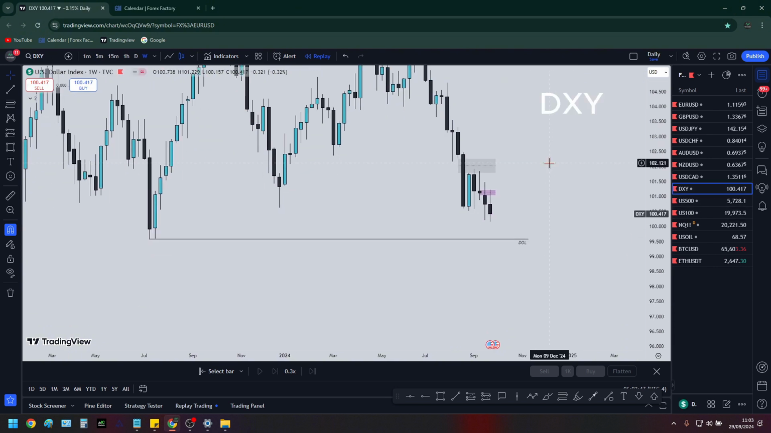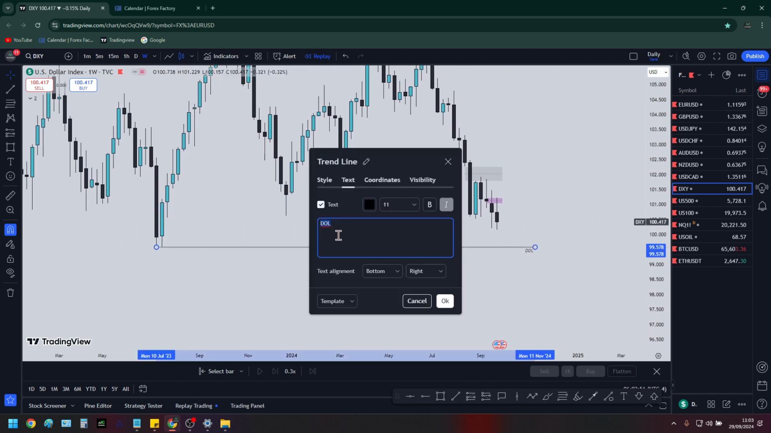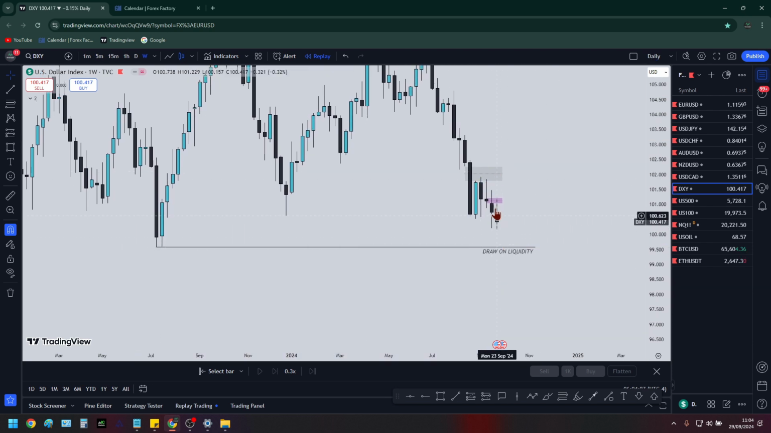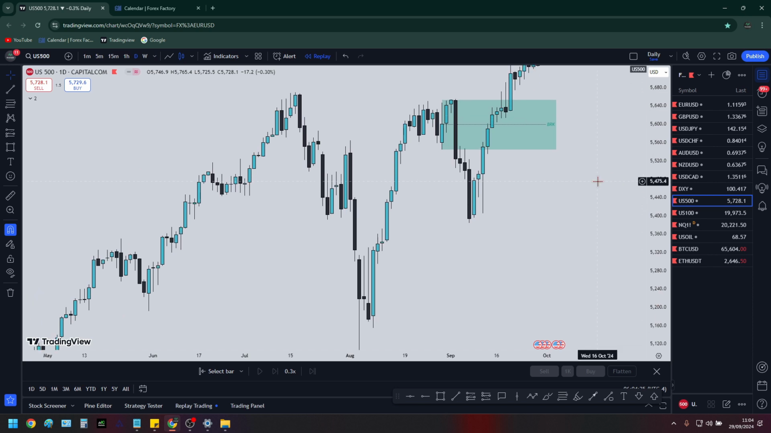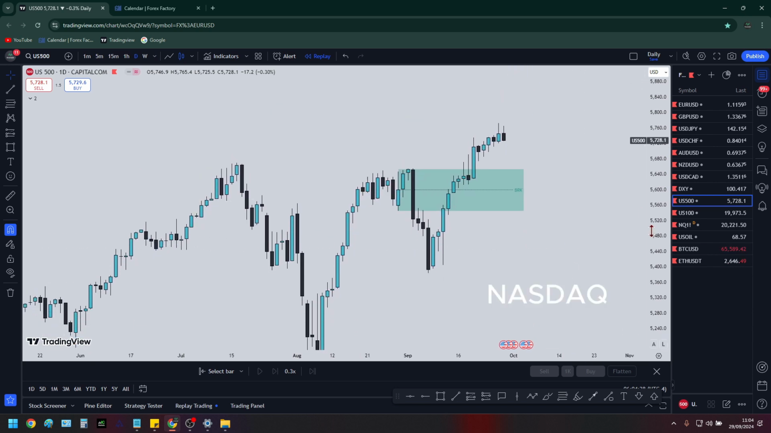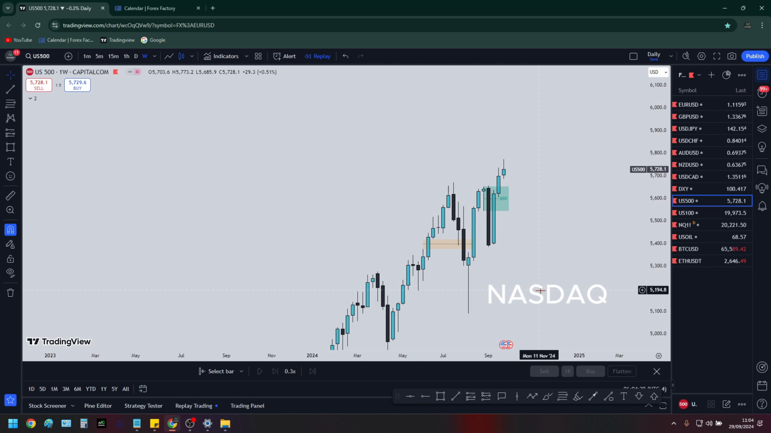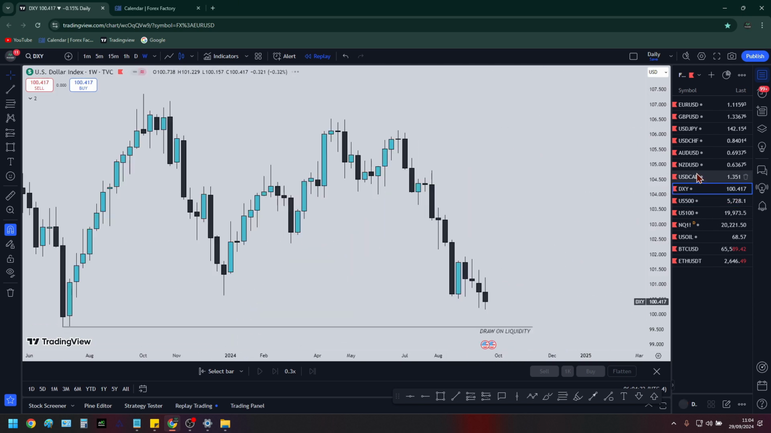DXY, so the dollar index, on our way to our target, drawn liquidity. So bearish on the dollar, which means that on the majors forex pairs you can expect higher prices. S&P 500 still bullish, nothing much to add. I'm going rather quickly because there's nothing much to say, and I'm staying on the weekly, which is cleaner in some instances, right? Nasdaq